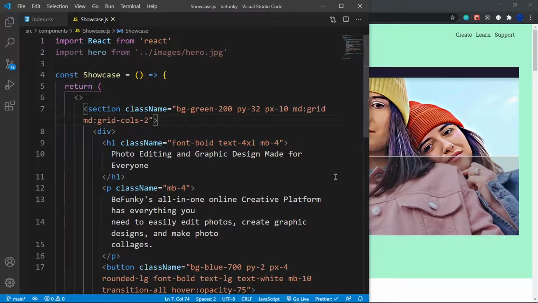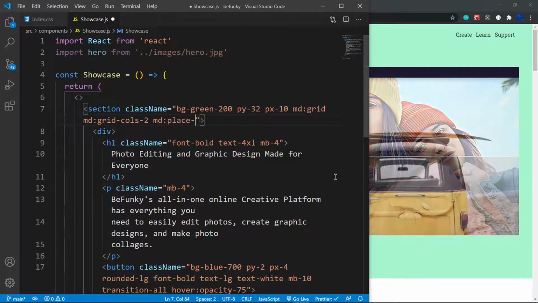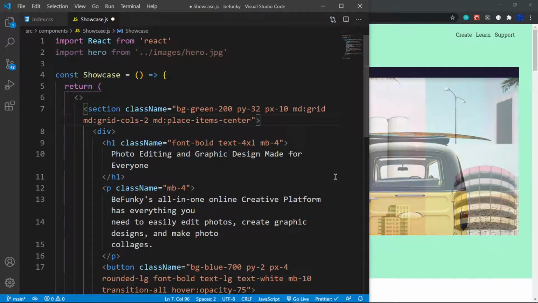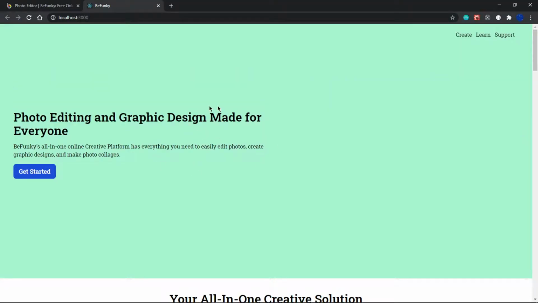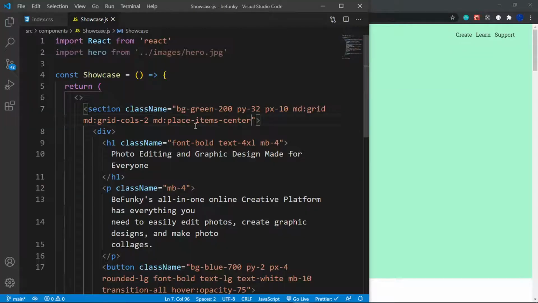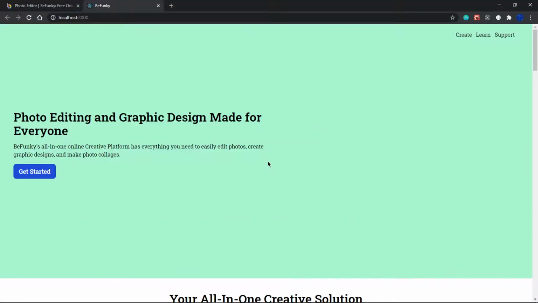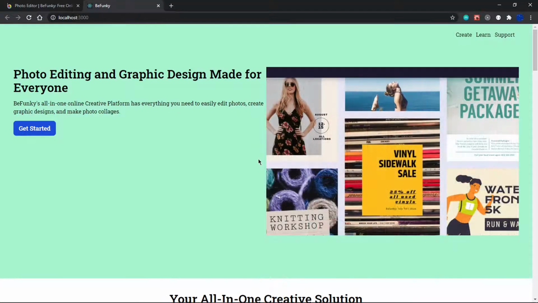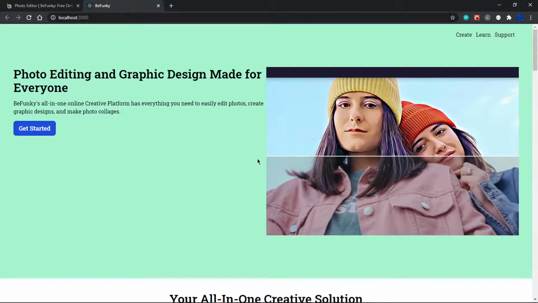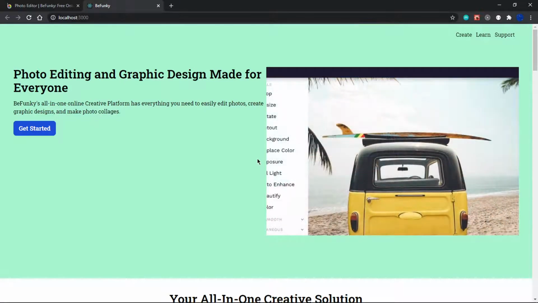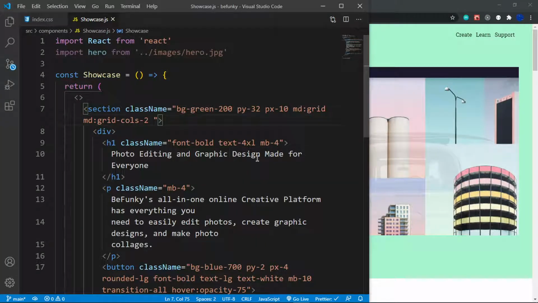And let me say for medium screens, place items center, so that this should move down and this should load in, but it doesn't want to load in. Things are not going my way today, chat. Really? Really? So adding this